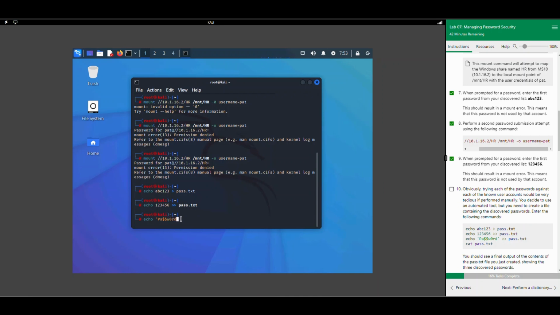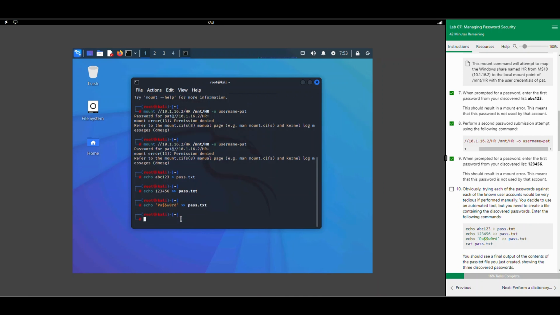D, single quote. And then we're going to look at the file that we created,